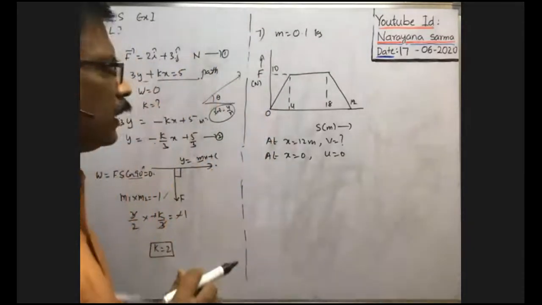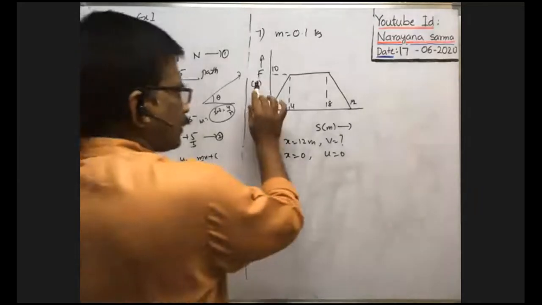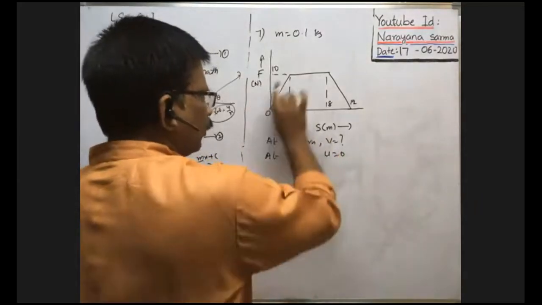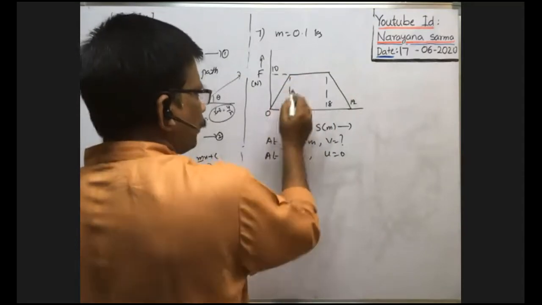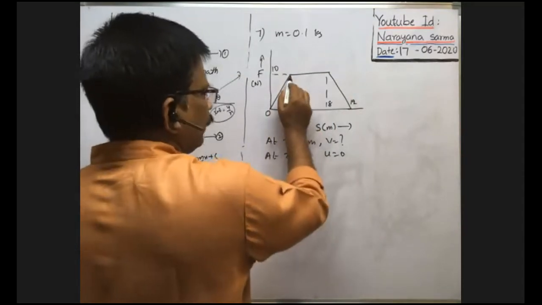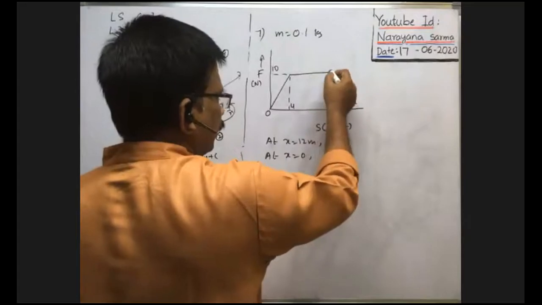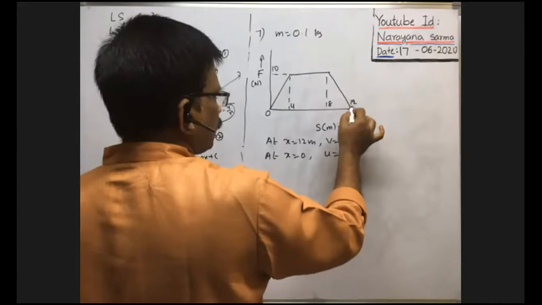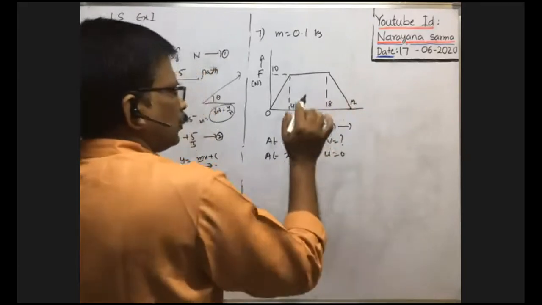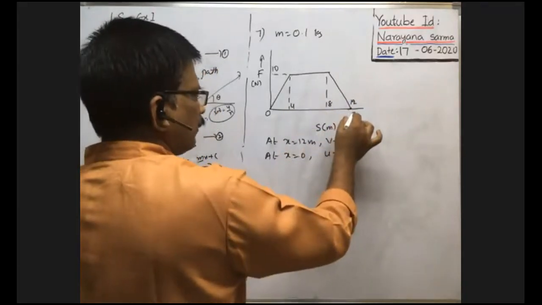Okay, all of you look at the board. Here the force acting on the particle varies with the displacement according to the graph given like this. That means at first the force gradually increases up to 4 meter displacement, then it remains constant up to 8 meter displacement, and then the force decreases with the displacement, and finally it becomes 0 at x equal to 12 meter. So at x equal to 12 meter, what is the velocity of the body?